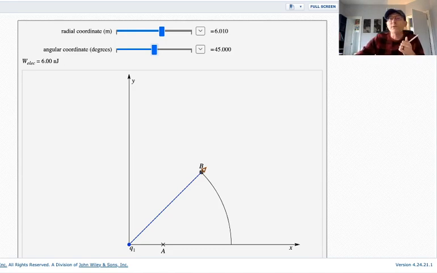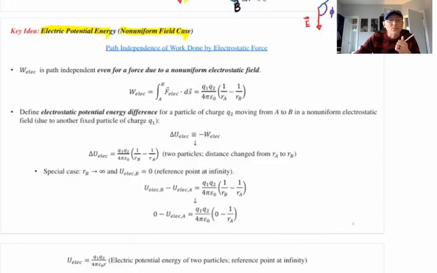So let's now go back to our OneNote, okay? And we can even work out the formula for it. I'll give you a little crash course in how to do it, but I've got the result right here. You have to do the integral of F electric dot ds from point A to point B. But it really only matters when you go straight out along the radial line. So when you do that integral to get W electric,